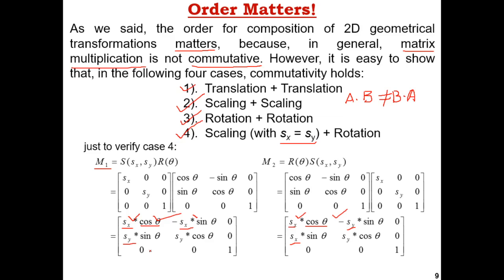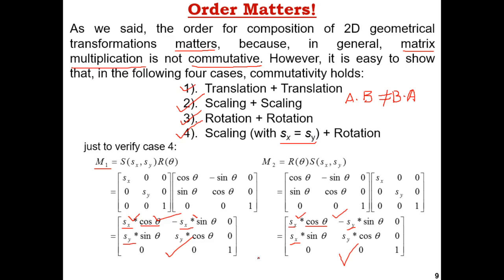If Sx and Sy are equal, then both matrices are equal. How is that possible? Because Sx and Sy are the same, all the elements are the same, since the corresponding sin theta and cos theta values are the same. Earlier the difference was only in Sx and Sy. If they are equal, then the whole matrix is equal, meaning both matrices are equal. So finally we have decided the scaling and rotation in the normal case.